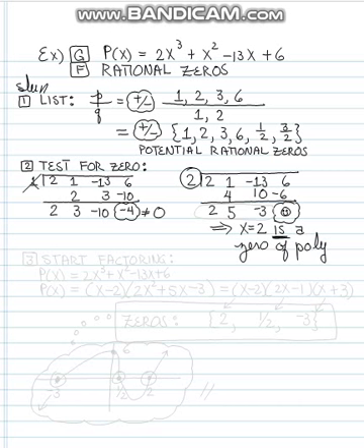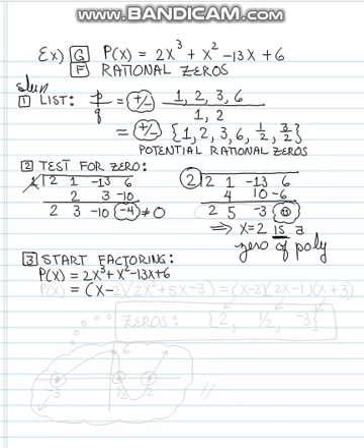Okay, now, since we found one that works, you can slow down here and use the result to do this next step. Step 3, you can start factoring. Once you've found a root, because you synthetically divided by that number and you got a 0 remainder, you can use it to start breaking down your polynomial, because if we get this thing completely factored, we know all of the zeros. So p of x, which was originally 2x cubed plus x squared minus 13x plus 6, is now equal to